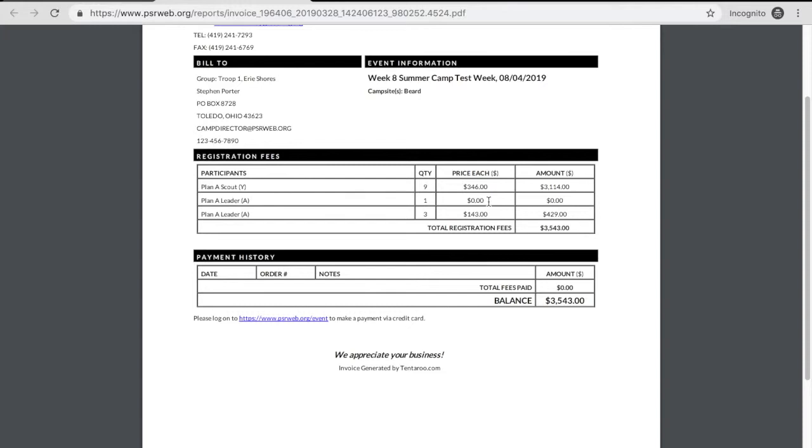So you don't have to worry about doing the math or making sure that it's happening. It's going to take care of it for you on that end and only charge you what you owe. So as you can see, I've got 3 at $143 here for a total of $429, and that total amount is that total amount we were seeing on the page,